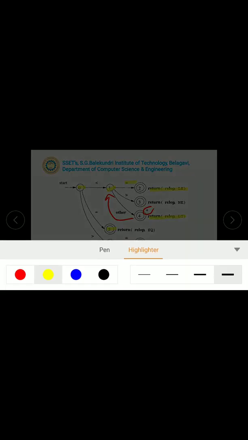The important thing you have to understand in this diagram is that there are so many accepting states, but for some accepting states we have marked it with a star. It indicates that for this particular state, you have to go back one state and then accept that symbol only. From the start state, on greater than, you come to state 6, and then from there you move to state 8.